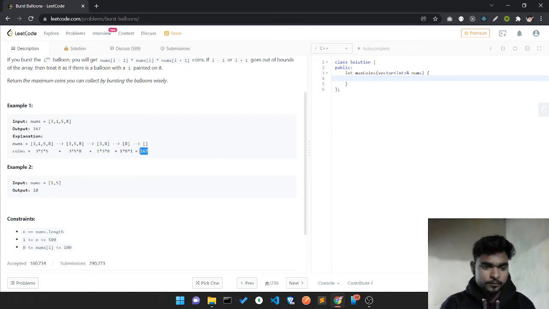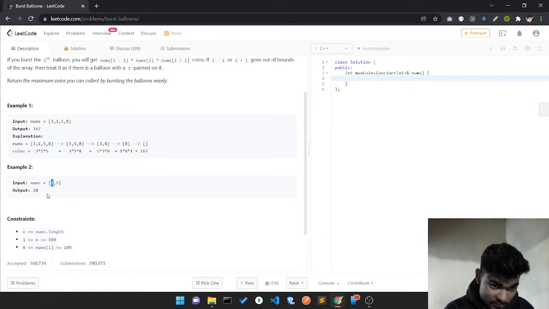Let's take example two, 1 5. What are we going to pick first? We pick this 1 first and multiply with 1, because it goes out of bound, and with this 5. So the value we get is 1 into 1 into 5, giving me 5.